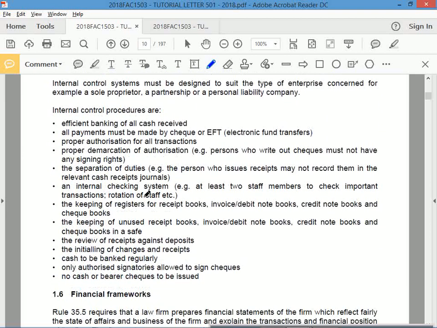Internal controls, that's just background information regarding how businesses operate. Businesses need to keep accounting records. Where is it? Record keeping. There. To summarize all of this, you can just say record keeping. Every invoice needs to be kept. Every source document, every deposit slip, every EFT confirmation, whatever it is, it needs to be kept.